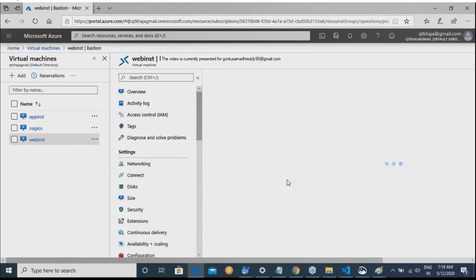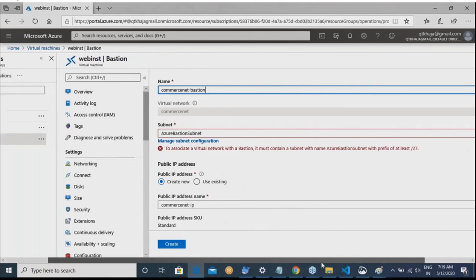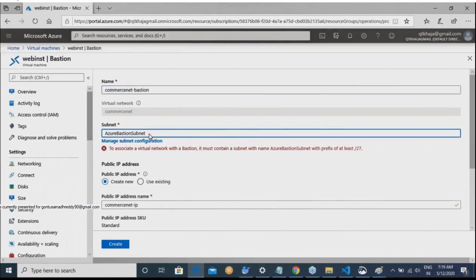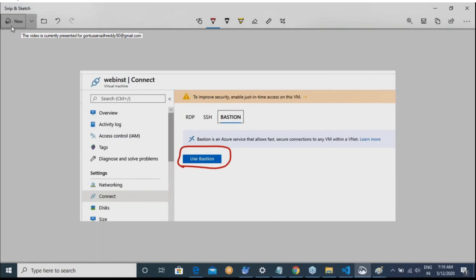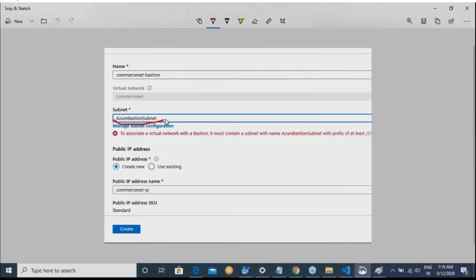Bastion is a service, which is on demand. Now it tells you that, to do this, you need to have a subnet created, and that subnet's name has to be this. So your virtual network needs to have a subnet named as this.